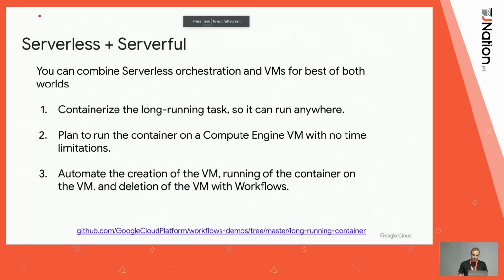Now, to finish it off, I also want to show where we combine serverless with servers. Let's imagine, for example, you want to run a long-running operation, like calculating a prime number that can run for days, weeks, or even years. For that, you cannot use serverless, because serverless has limitations, like 1 hour or maybe a little bit more.